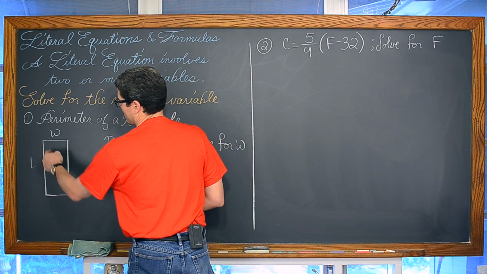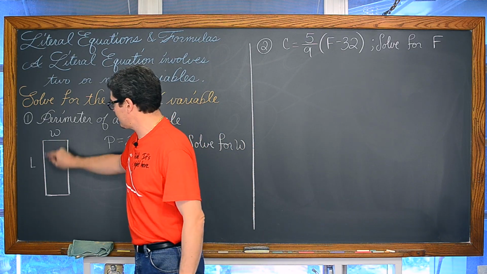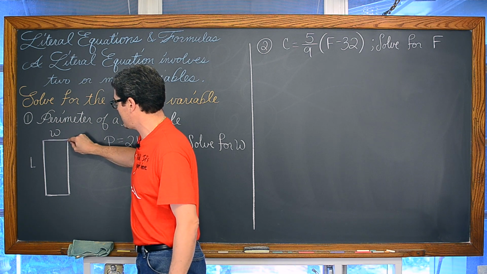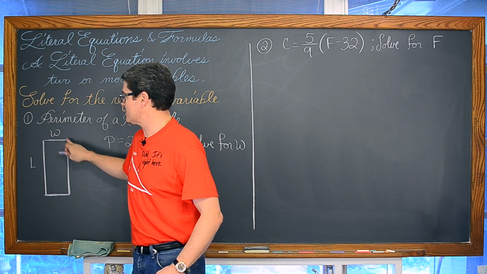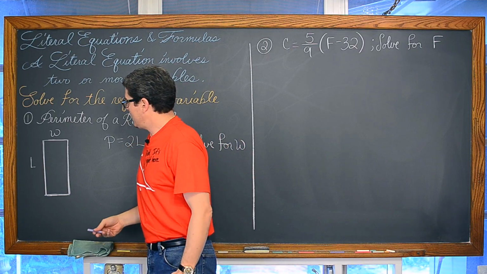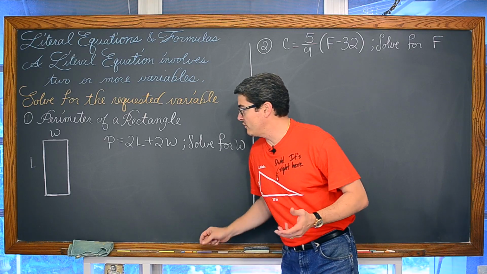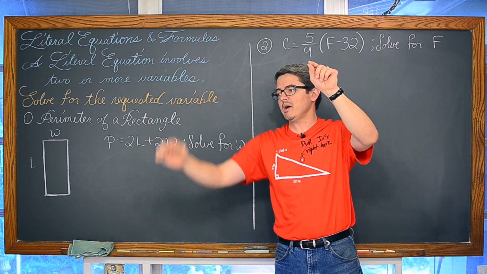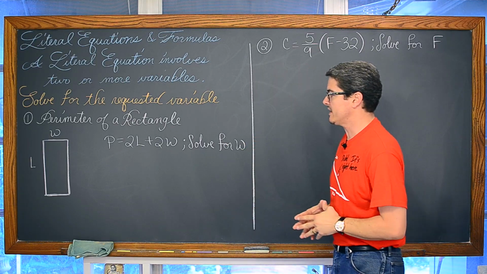So if we just have a simple rectangle, we start at one corner, and we want to figure out the length, how far it is to get all the way around the outside of that rectangle. We could be talking about the length of a sidewalk around a park, the length of baseboard around a room, or, if you install screens, how much of that black piping do you put around the outside frame of that screen to hold it in.